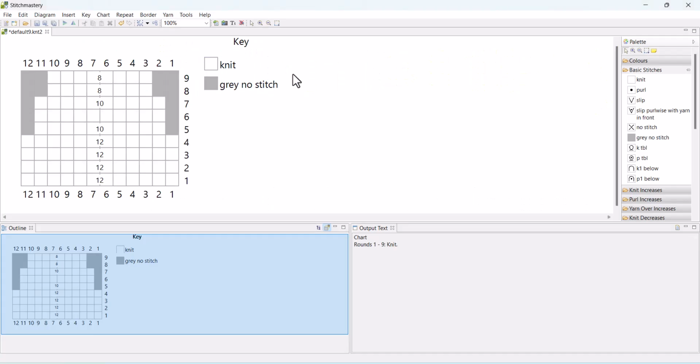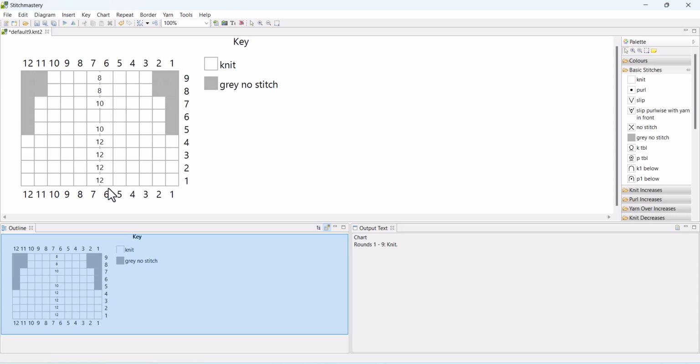Occasionally, people have problems with annotations in their charts not showing up properly. And while there can be a variety of different reasons for this, one that is not immediately obvious on looking at the chart, but is always a good thing to check, is whether you accidentally have a repeat without a border in your chart. So just look at this chart.